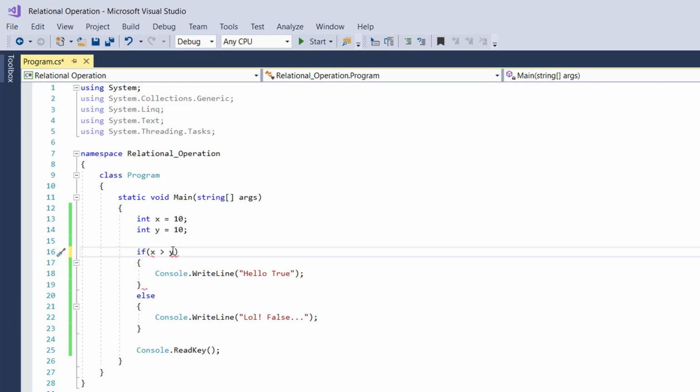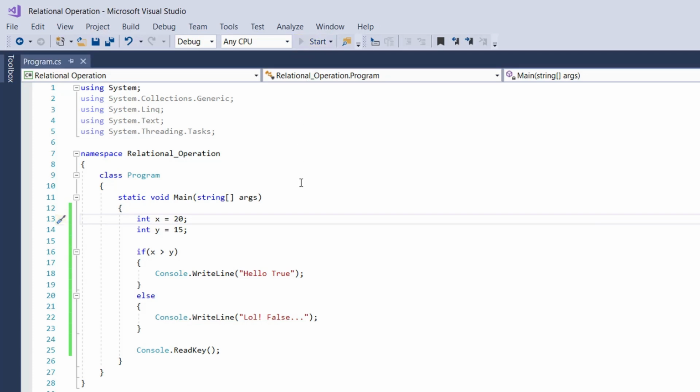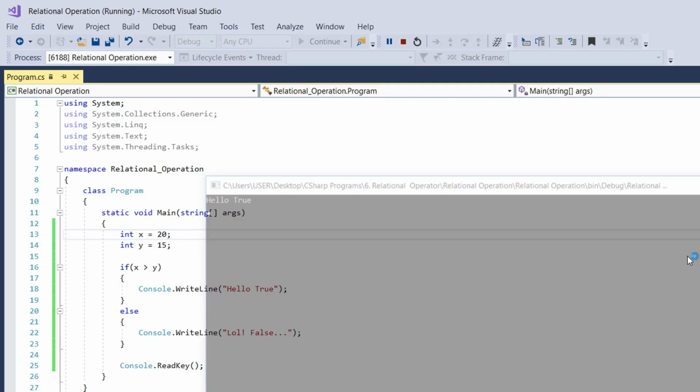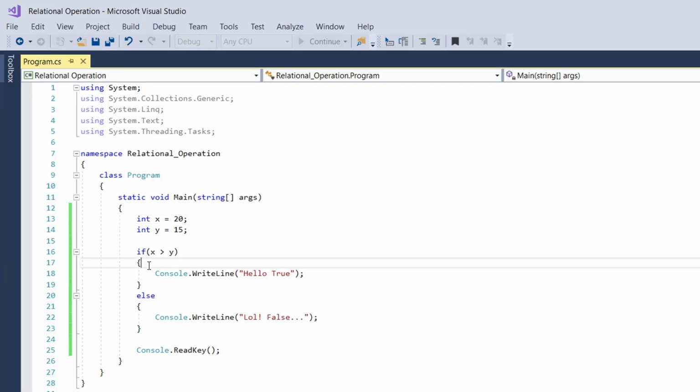Okay, we see how greater than works, and let's change the value of y to be equal to 15. And let's run this code. So if x is greater than 15, it's greater than y. And if it still gives us false, go ahead and change x to be 20. Let's get true at this point. Because x is 20 and y is 15, that means it's going to print out hello true. So I have hello true here because x is greater than y. Alright? So that is applicable to